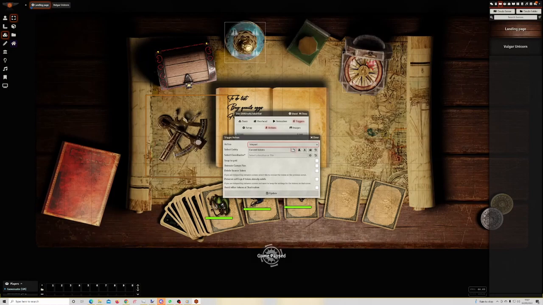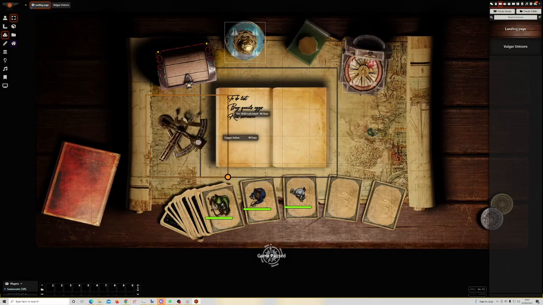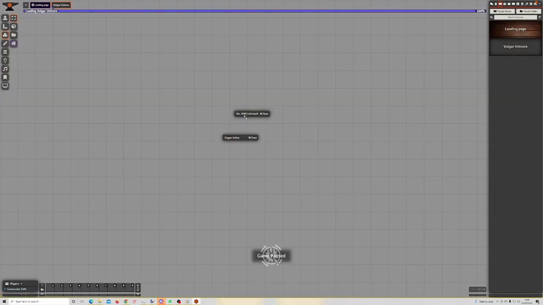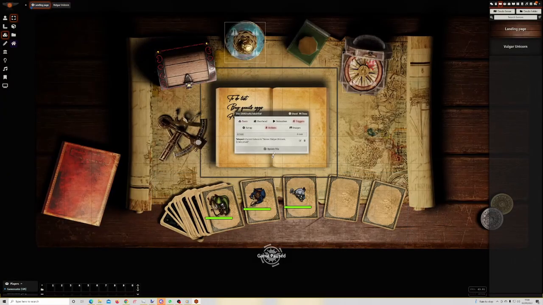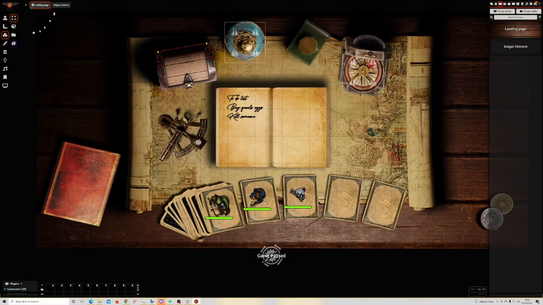Current token to select location, unicorn, there, say update tile. So if they're ready with their character, Quilath, double clicks on the sextant,